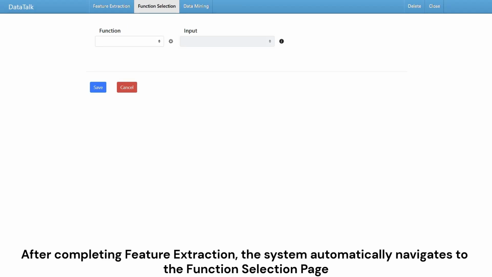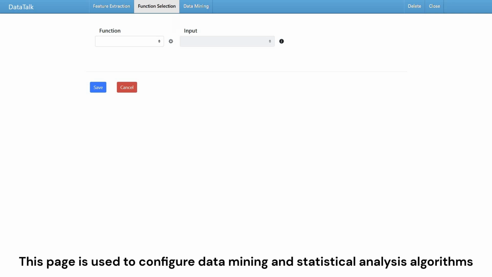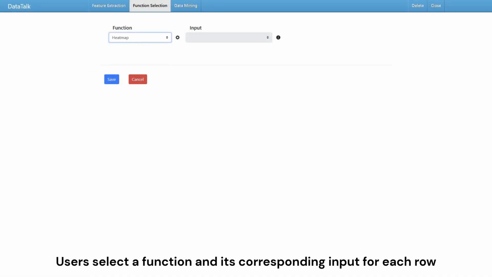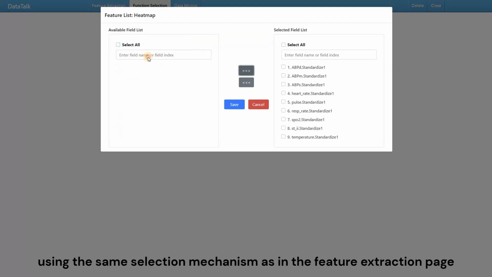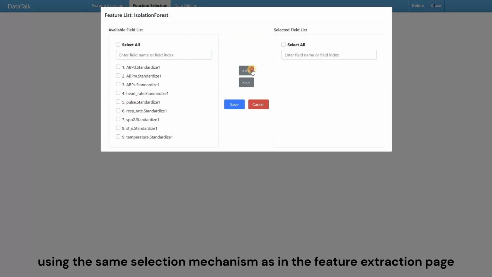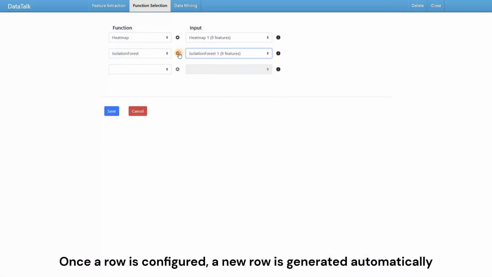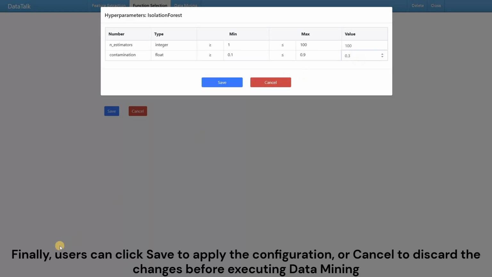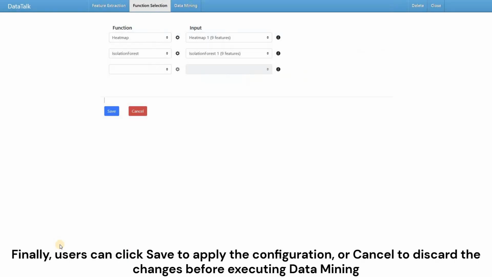After completing feature extraction, the system automatically navigates to the function selection page. This page is used to configure data mining and statistical analysis algorithms, including built-in methods such as classification and clustering, as well as user-defined functions. Users select a function and its corresponding input for each row, using the same selection mechanism as in the feature extraction page. Once a row is configured, a new row is generated automatically, and hyperparameters can be adjusted via the gear icon. Finally, users can click Save to apply the configuration, or Cancel to discard the changes before executing data